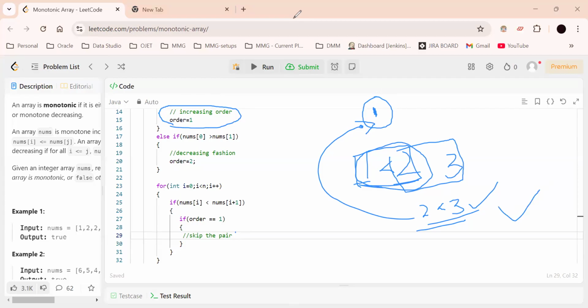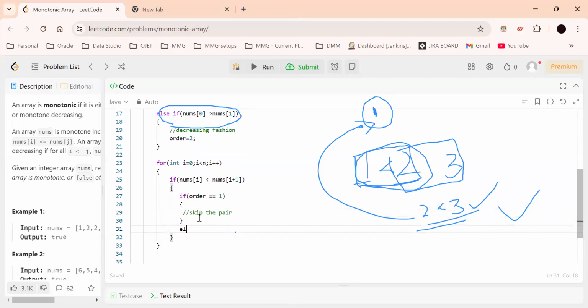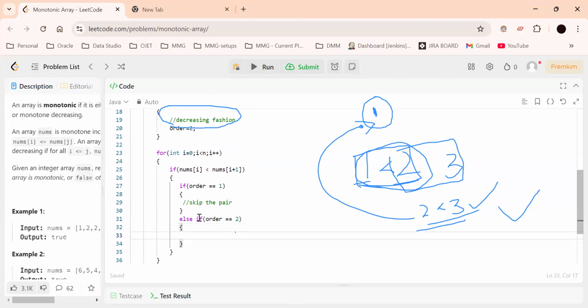Now comes the point. Else if order is equal to 2, what I need to do? I'll simply say, if nums of i less than nums of i plus 1 and the order is 1, what we need to do, guys? If the order is 1, we will simply skip the pair. If order is 2,